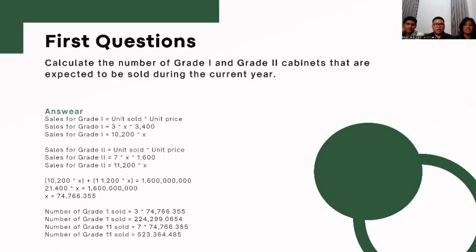And for the sales of grade 2, same formula, unit sold times unit price, it's 11,200 multiplied by x. And there are the formula, and the x is